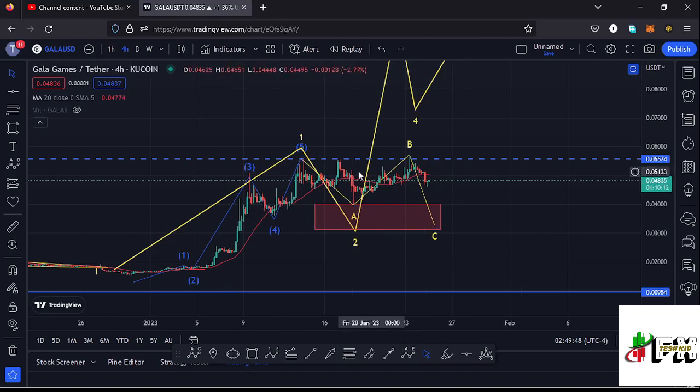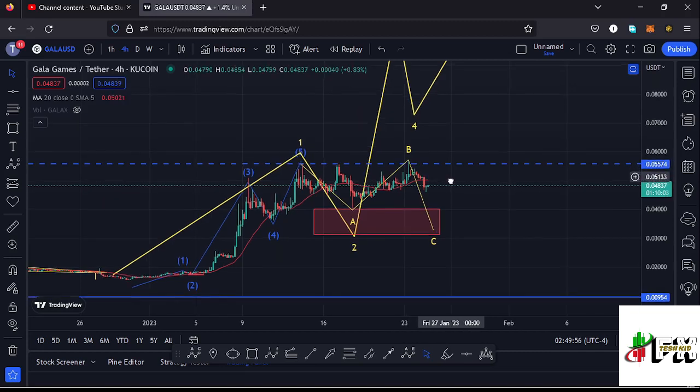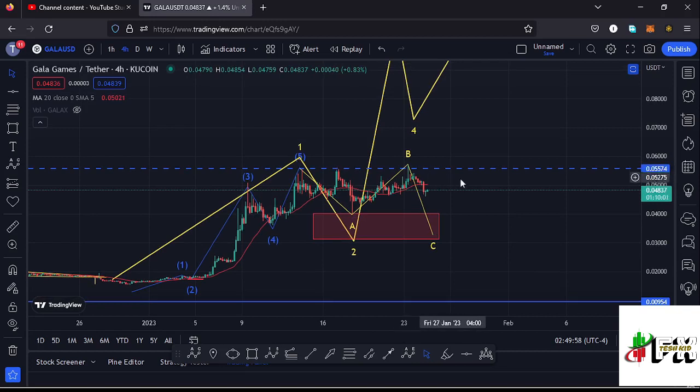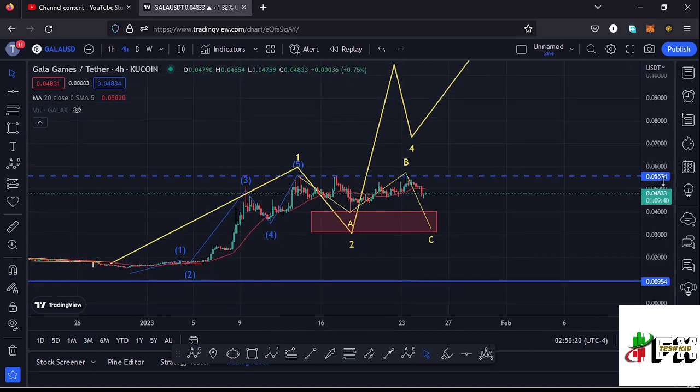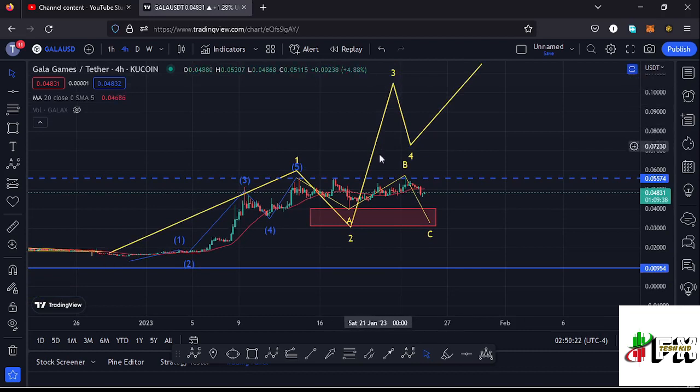Then we started a very nice reaction to the upside, which has now given us a new high over here at around the $0.05772 mark. And at the time of this recording, we are trading below the 20-day MA. And assuming that this retracement back to the fib level 0.382 is what gave us the low for that second wave, we can sketch out a minimum target area to the upside in the formation of this wave 3 by